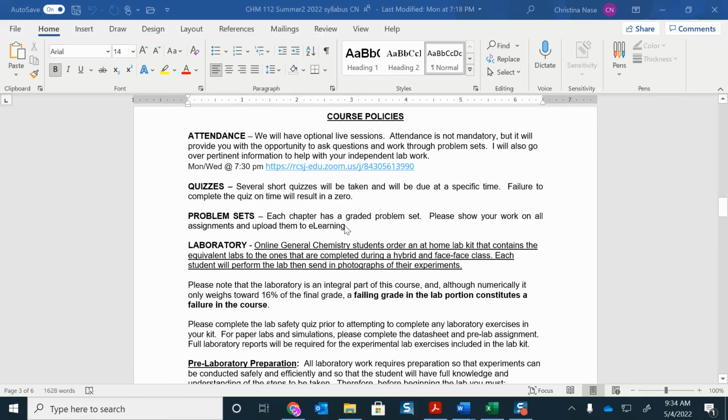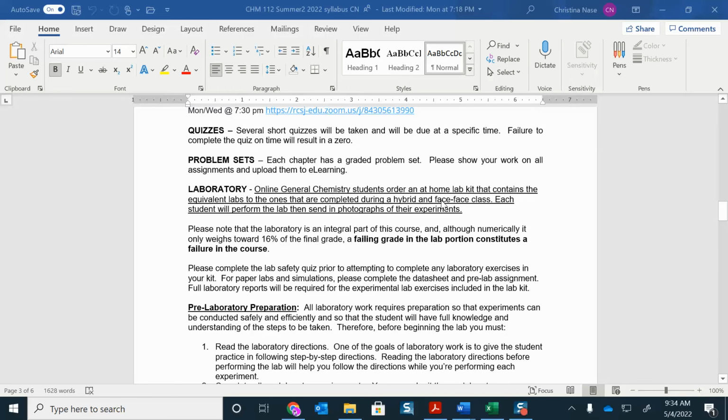Problem sets, again, show all your work on your problem sets. The quizzes are usually multiple choice. And then for the laboratory part of the class, we're going to use our lab kits. You need to pass the lab in order to pass the class. So even though the